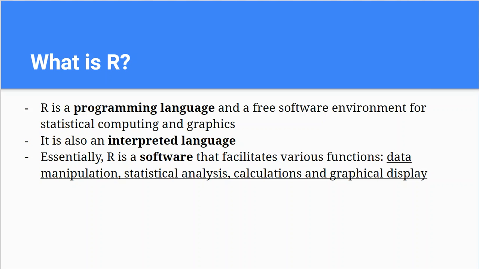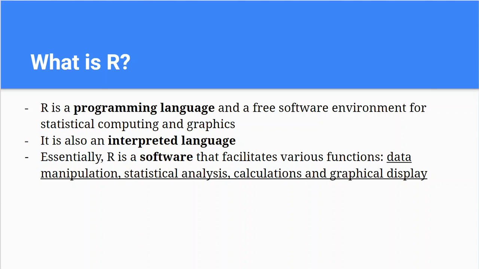So what is R? R is a programming language and a free software environment for statistical computing and graphics. It is also an interpreted language. An interpreted language is a programming language for which most of its implementations execute instructions directly without previously compiling a program into machine language instructions. Basically, it reads the source code written by the programmer and converts it into a form which